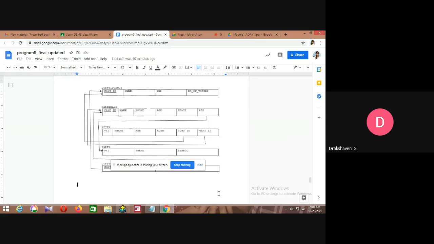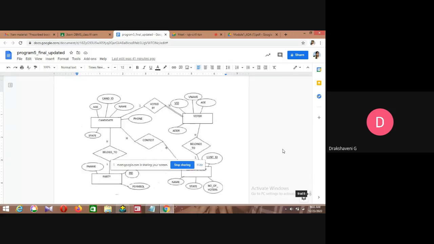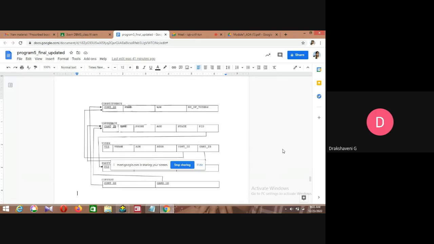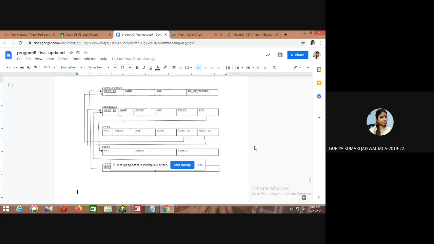Schema diagram. Here, this is the constituency table. In the constituency table, there are constituency ID, name, state, and number of voters. It is referred from the constituency table by contest. Then the candidate table. In the candidate table, there are candidate ID, name, phone, age, state, and party ID. Then the candidate table is related between